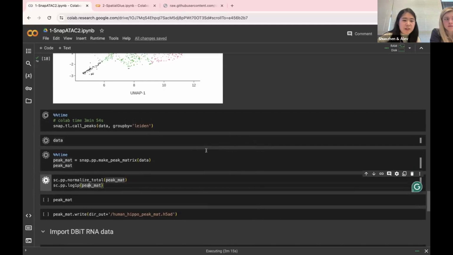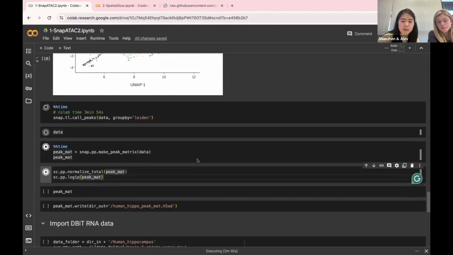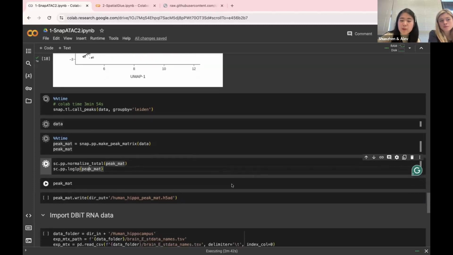How does the spatial ATAC analysis differ from single cell ATAC analysis? That's a very good question. I think the answer is similar to how spatial RNA analysis differs from single cell RNA analysis: we first run the QC and the unsupervised clustering, treating our spatial data as single cell data. Even though we know that each pixel has a mixture of different cells,